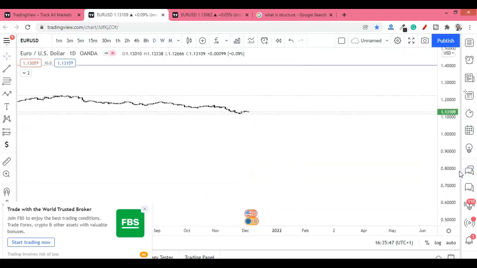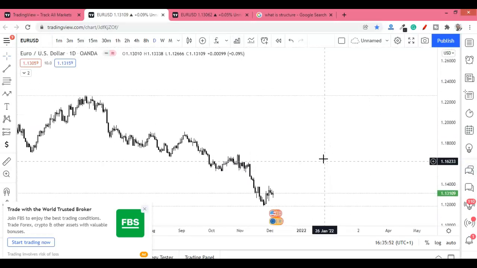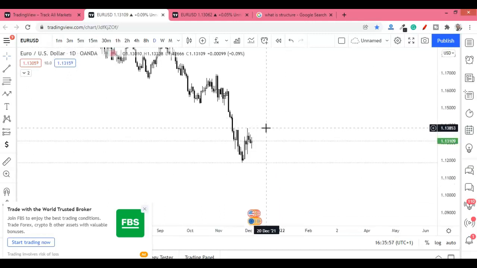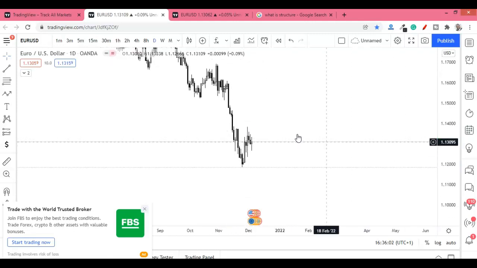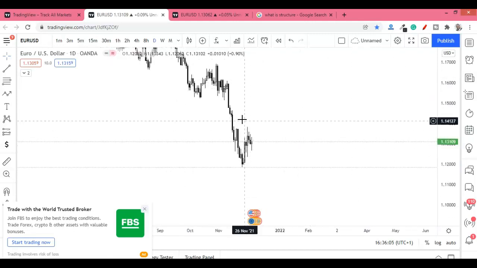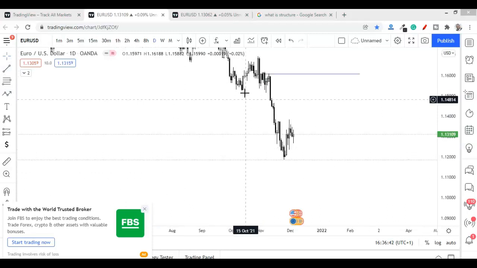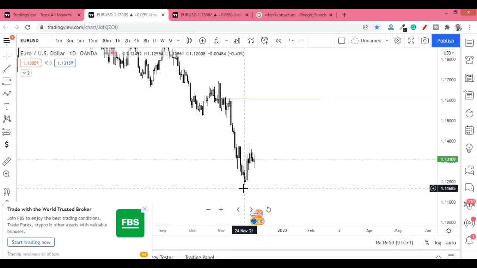Let me explain more what I'm trying to say, because currently the Euro USD, most analysts are expecting a reversal in the Euro USD. Okay, now at what price am I going to look at a change in market structure? Now on the daily time frame in Euro USD, the last high that takes price down here, the last impulse was from here to here.